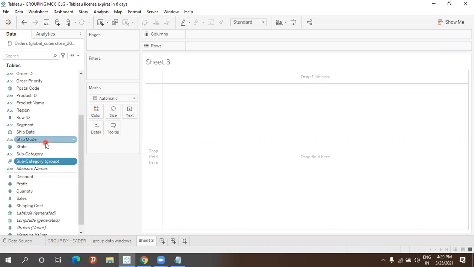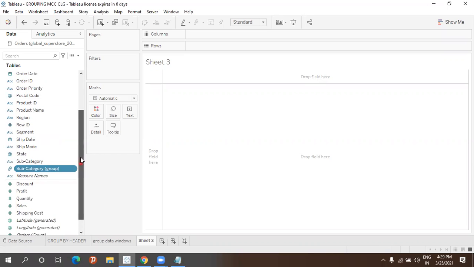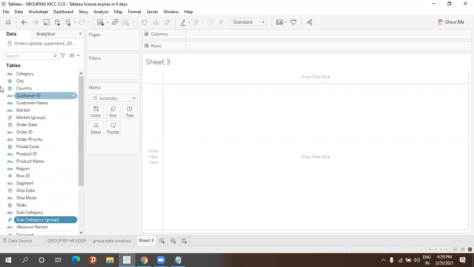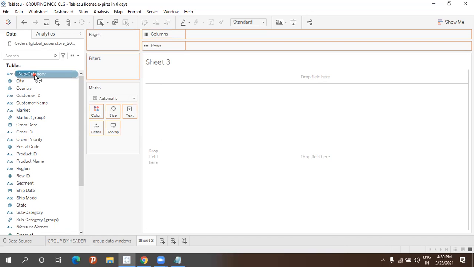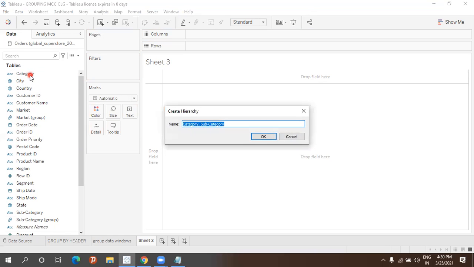Clear? So now if I want to make category and subcategory on the left side together one hierarchy, what are we supposed to do? Because this concept I have already done for you. What is the easiest way? Drag and drop the subcategory below category. Yeah, very good. While dropping, where you have a plus symbol, just drop like that. Okay, so just give a name for that.